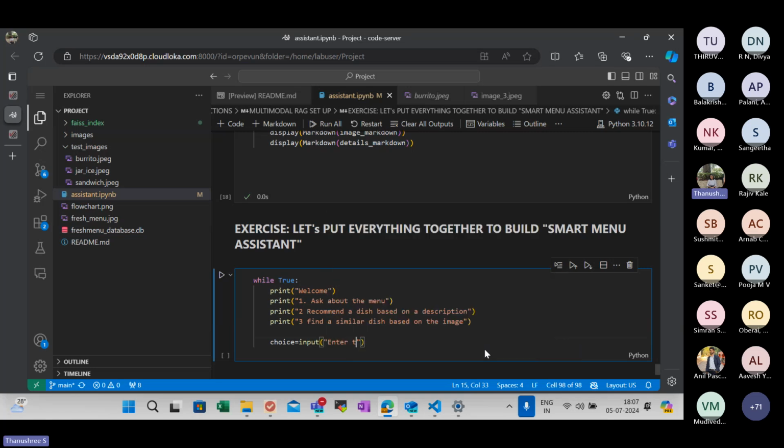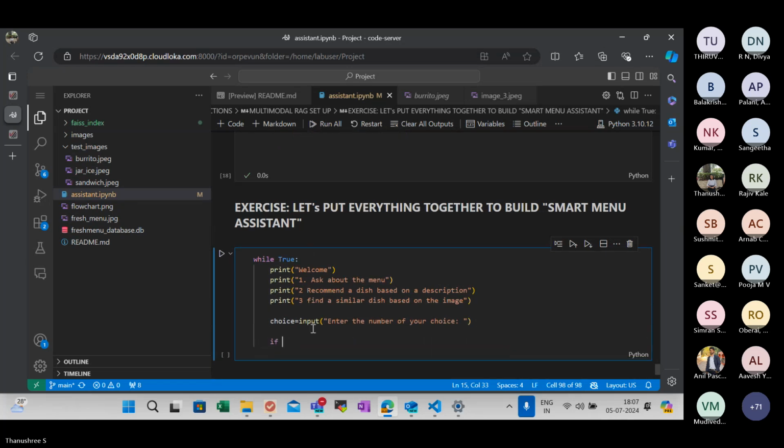Enter the number of your choice. If choice is 1,